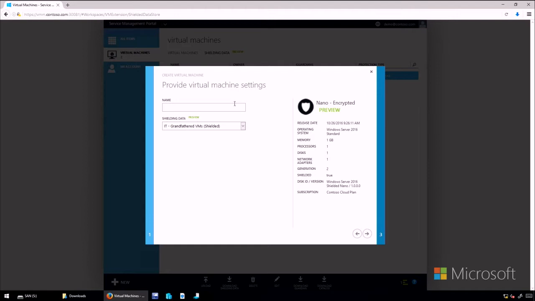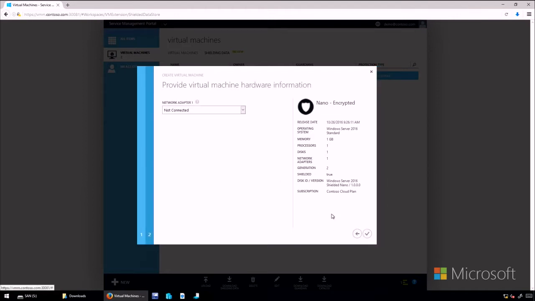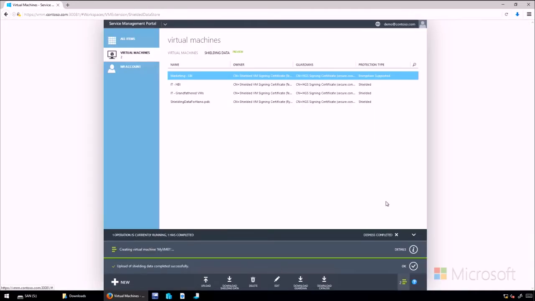What is the name of this VM, and what is the shielding data I want to use for it? So I'm going to call this my VM 01. And the shielding data, I'm going to select that one I just uploaded for Nano Server. Connect it to a network. And you're done. Now, what's happening behind the scenes is Virtual Machine Manager is going to